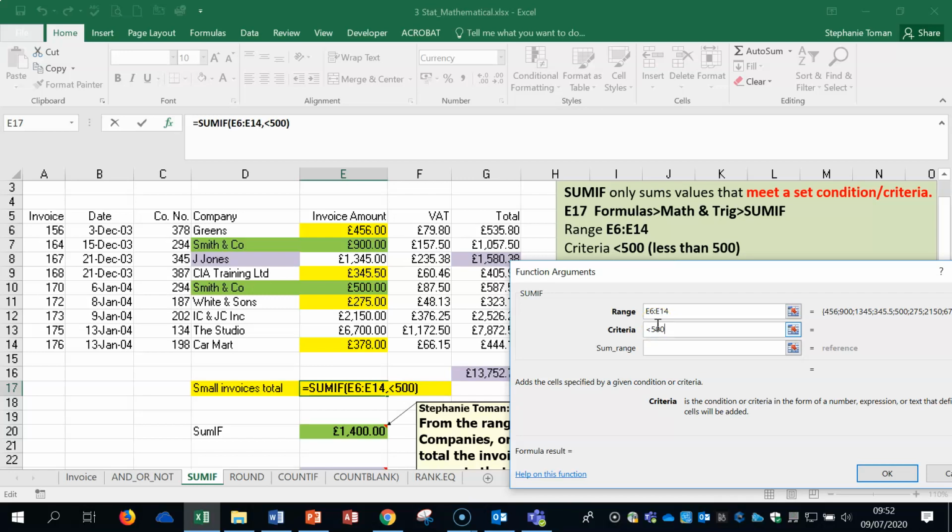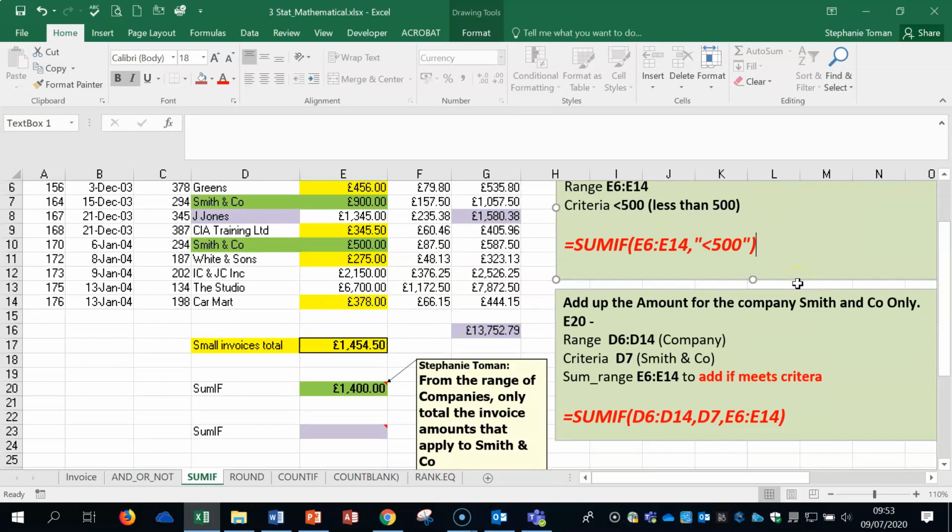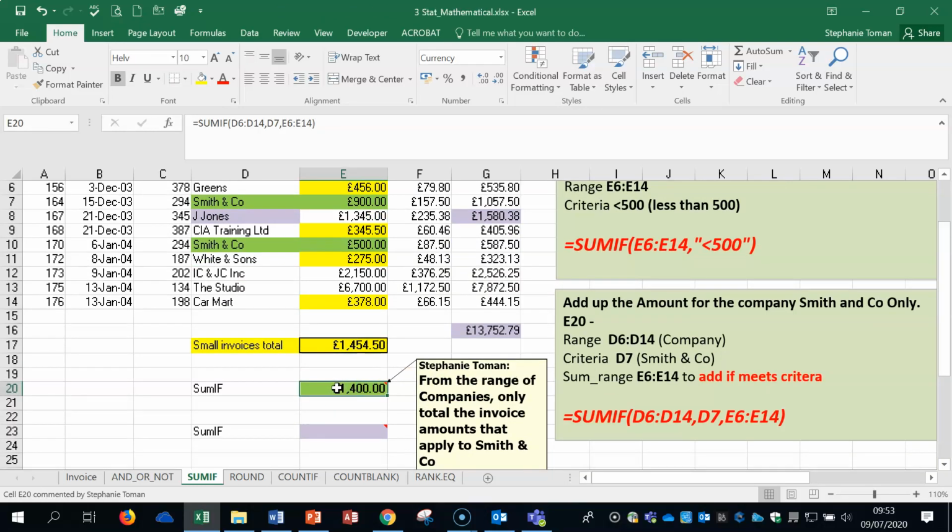So if I'm a little bit nervous in the exam, or I just want to make things as easy as possible for myself, I don't need to use that. If I click away, you can see that it automatically does the speech marks for me, and I still get it correct. If we look at the next one down, this one in E20,